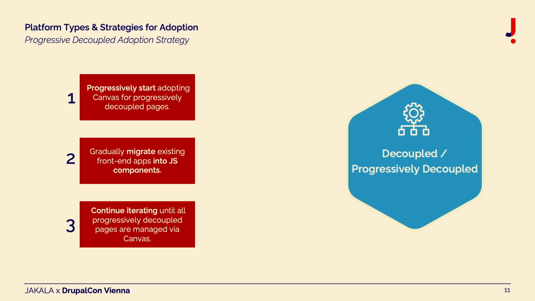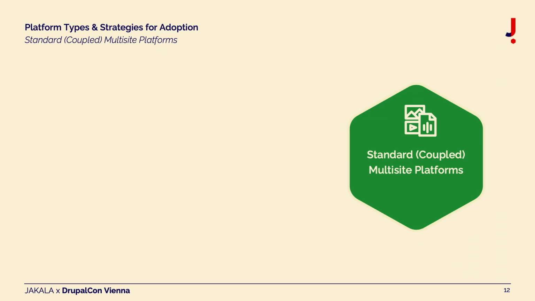And as a next step, it's a more iterative approach. You do this until Canvas takes over all your pages where you have these embedded applications. So it's simple, but it is just the way, right? And it will work. Moving forward with the more complicated standard Drupal, where we have paragraphs and Layout Builder, what do we do?